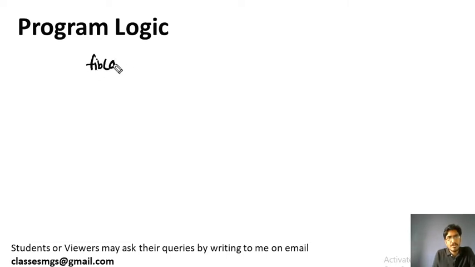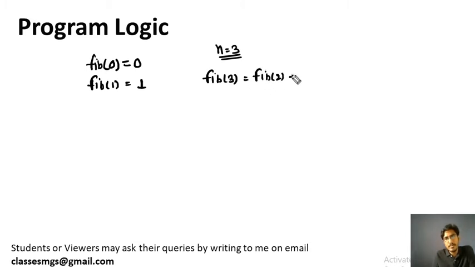Fibonacci of 0 is what? We know the Fibonacci of 0 is 0. We know Fibonacci of one term is 1. Now each time we need to add the previous two terms if we want the Fibonacci series after the second term. Let's suppose n is equal to 3, the third term we want to get. Then you will call the Fibonacci 3 function, and it will add Fibonacci 2 plus Fibonacci 1, and Fibonacci 2 will call Fibonacci 1 plus Fibonacci 0.